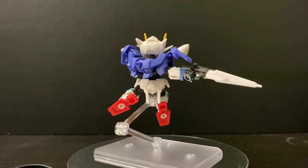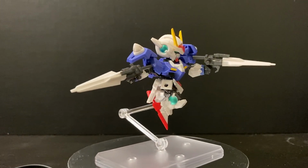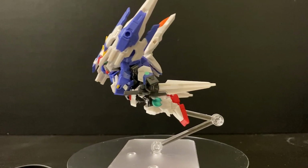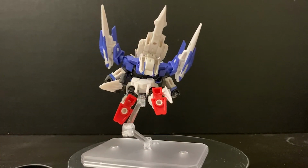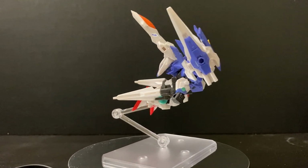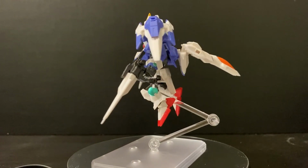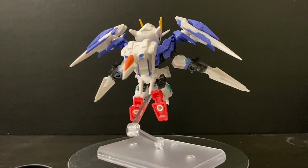My only complaint is pretty much the same as what I said for the Exia: the lack of actual coloring. I know that they provide a lot of stickers for a lot of the missing color accuracy, but man, the fact that they put so many details into molding them, I just wish they had done a bit extra. So if you do want to make these kits look really amazing, you definitely have to spend some time to either paint it yourself or use a Gundam marker or whatever it takes to make it look good. But overall, definitely a very positive